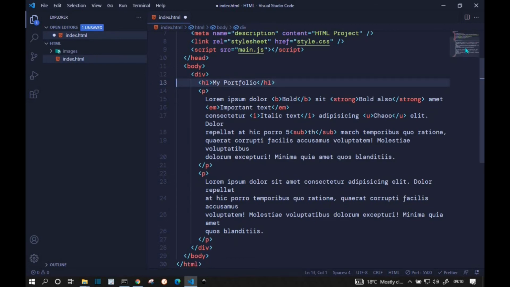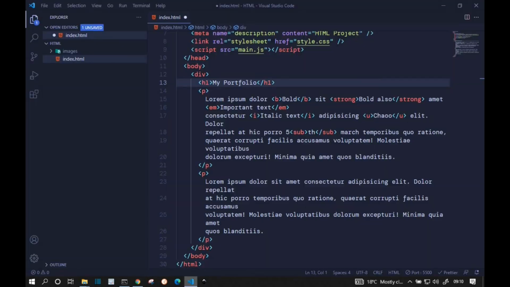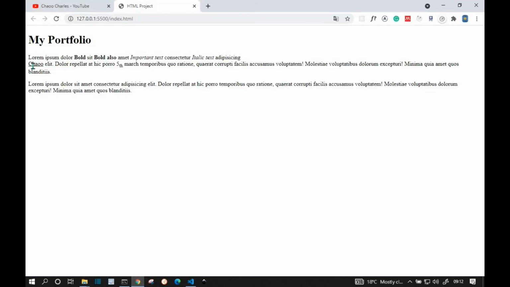Two other tags that I want to tell you about is the one that adds a break in our text. So if we come here, let's say we want Chao here to start on a new line. What you can do is to come before that word Chao here, and then you can use a BR tag. So BR here stands for break, and this will just break our line here, and Chao will start on a new line. So if we save that and come back here, you'll see that Chao starts on a new line. Okay, it is just for breaking that line.